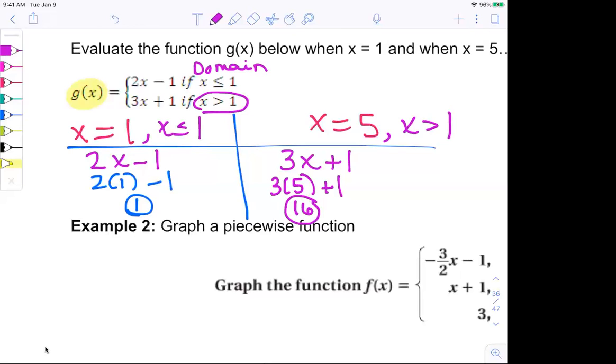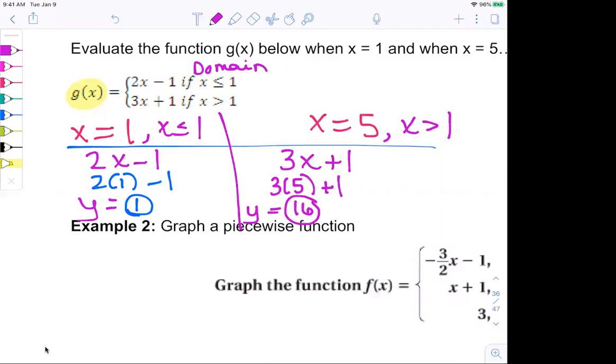I have a question. Sure. Does the answer not have to equal the x value? Correct, because when we find the answer, what letter is the answer? Y. Yeah, so the answer doesn't have to match x because the answer is y. So it should not match x, and that's okay because it's the y value and we don't have any information about y. We're finding y. Really good question, thank you. Yep, excellent question.